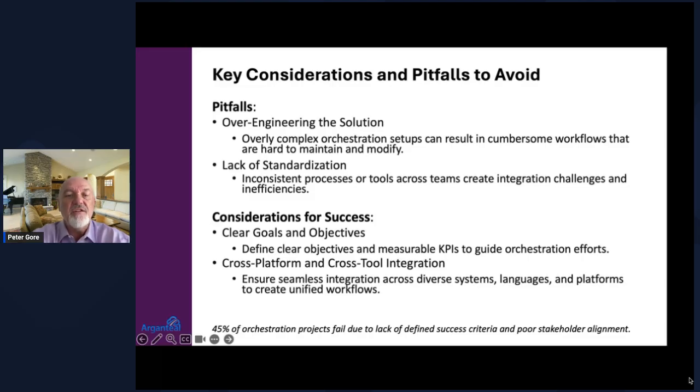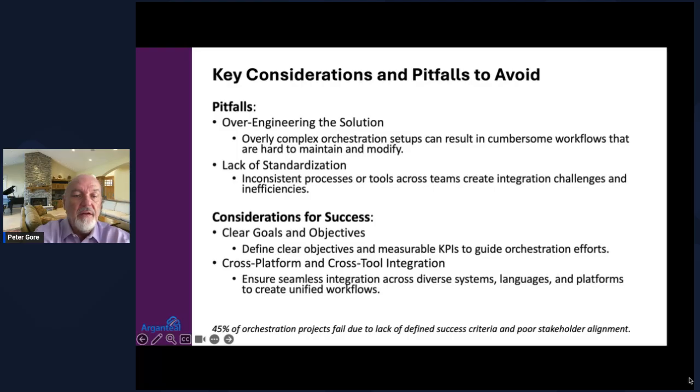And then standardization, right? So different processes, different tools across different teams and different verticals. One team using Adept, one team using Ansible, one team using Terraform, one team using NetBrain. Causes for problems, right? How do you simplify OpEx when you're running multiple different tools across multiple different environments that have to be able to interact with each other?